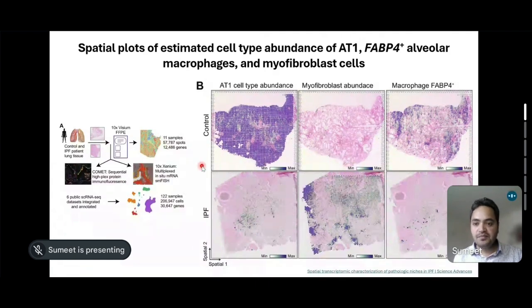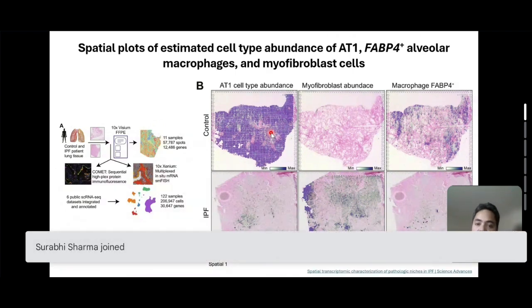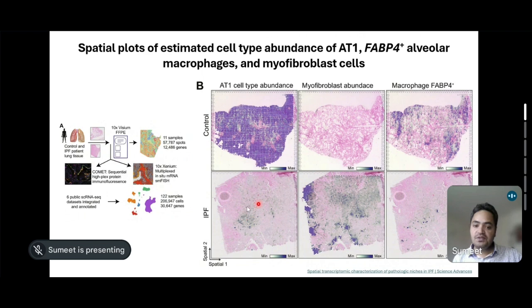Once you have these results, now you can appreciate how powerful it is. On the top row, you have the control tissue, and on the bottom row is the IPF tissue. If you look at the AT1 cell abundance in the control tissue, you can see everything is almost blue in color, suggesting that one of the key cell types which are super abundant in the lung tissue is actually AT1 cells. When people have IPF, which is idiopathic pulmonary fibrosis, you can see these cells are almost depleted from the